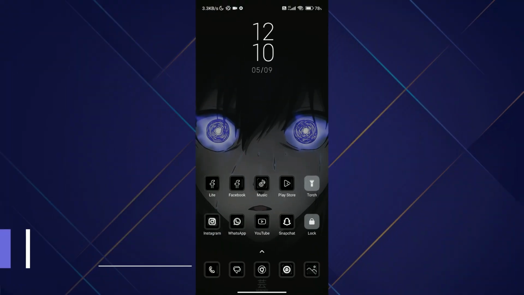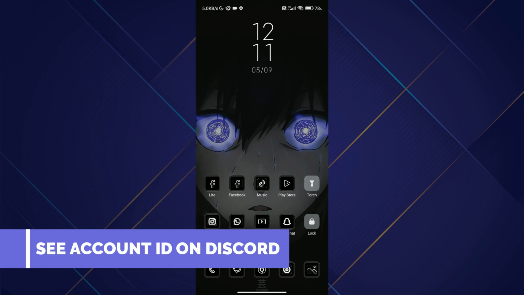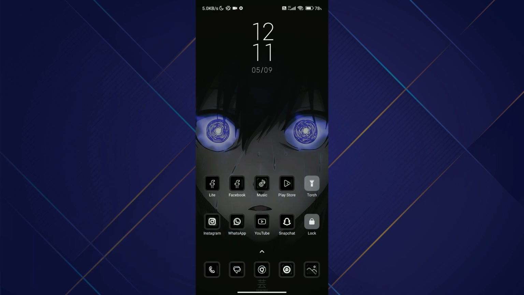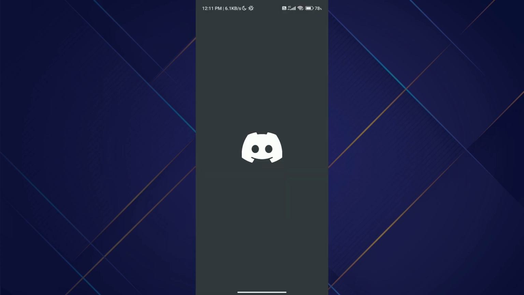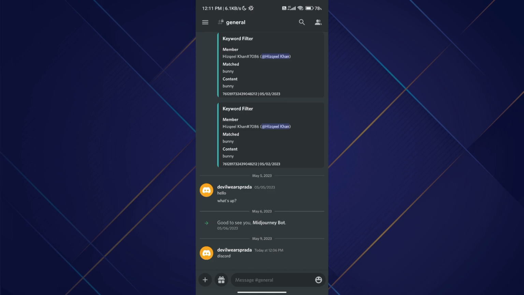Today I'm going to be showing you how you can see account ID on Discord. So make sure to watch this video till the end and follow all the steps properly. So let's get started. So first of all, open up your Discord application on your mobile device and simply log